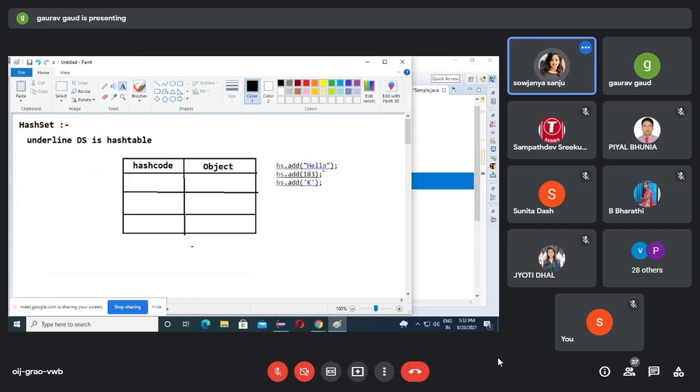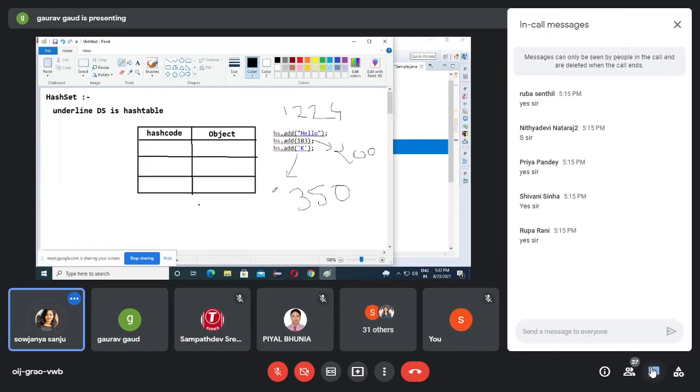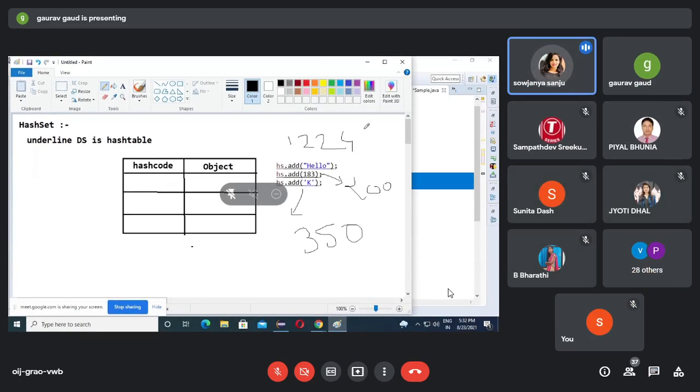When I enter hello, maybe chances are there that hello's hash code is something like 1224. Possible or not? 183's hash code is 200. Maybe chances are there that k's hash code is 350. Yes or no? Now tell me, whose hash code is less?